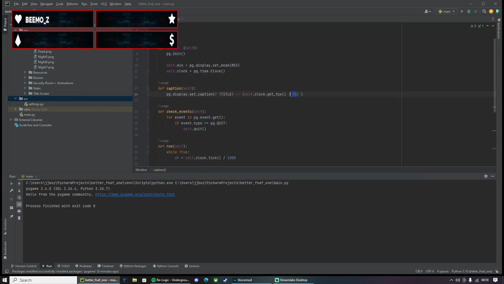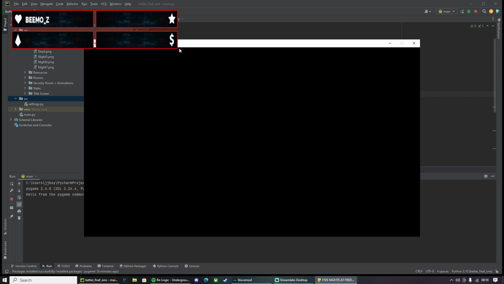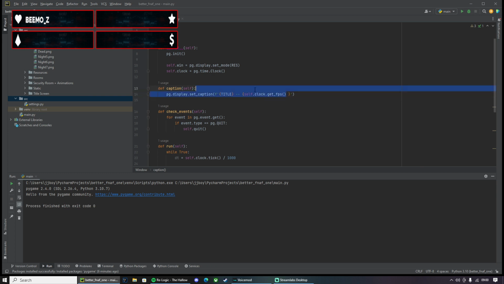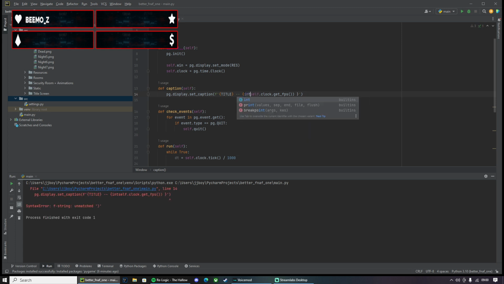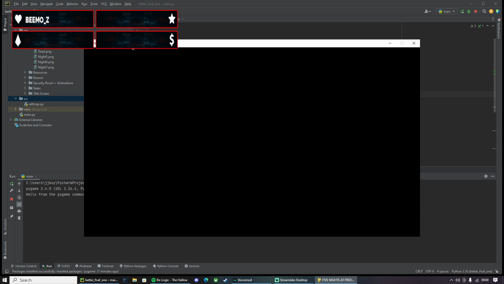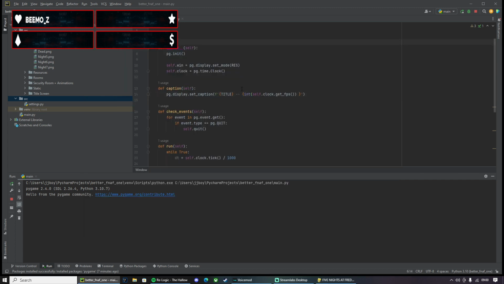Let's just get the FPS. Jesus, yeah, that's a lot of FPS. About 1,000 frames a second we're getting. We're getting over 1,000 frames per second just from sharing one window.